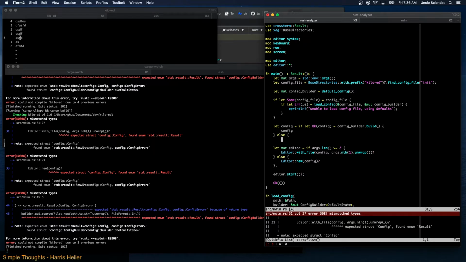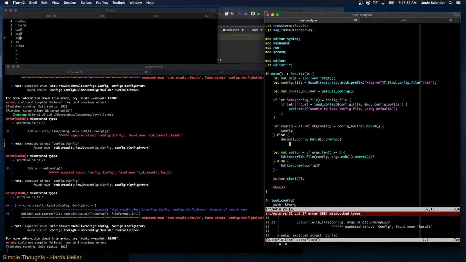Else, oh, then we need a default config again if that doesn't build. So we have to create a new one, default config build, unwrap, and that'll panic if, oops,